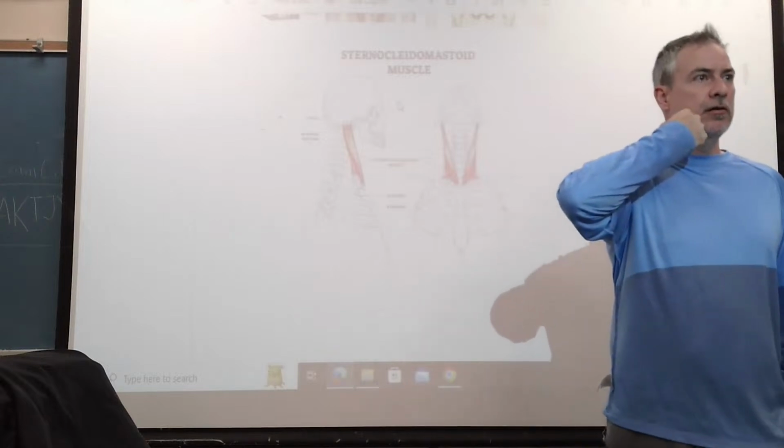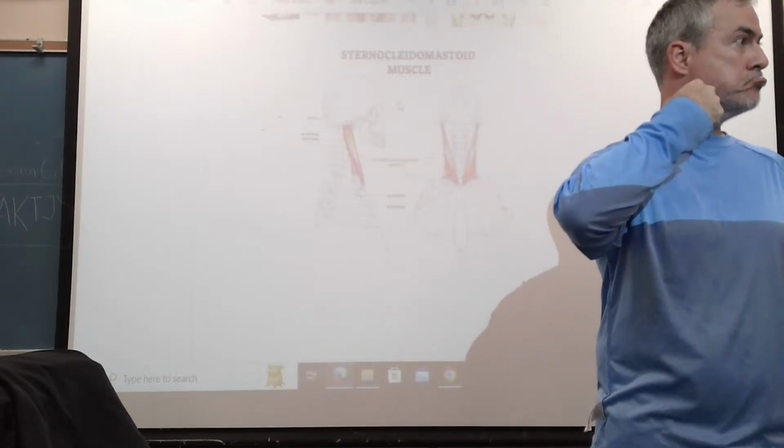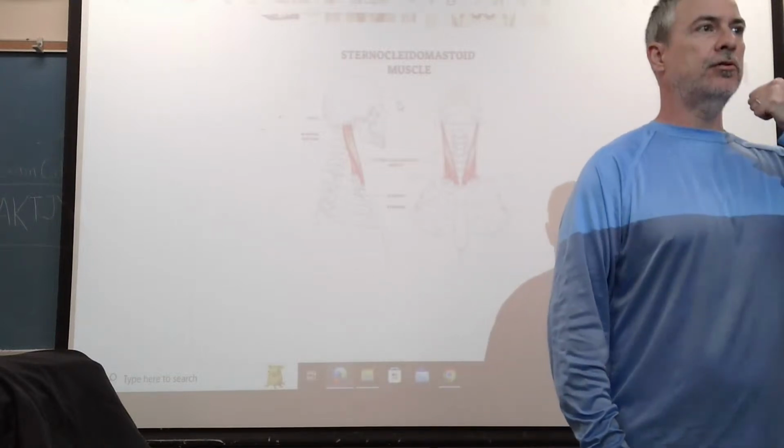Right sterno, flexion puller. Right lateral, cervical bender. Left, flexion puller, left lateral. The hardest one to see, but I don't think it's going to be hard. I think you guys are